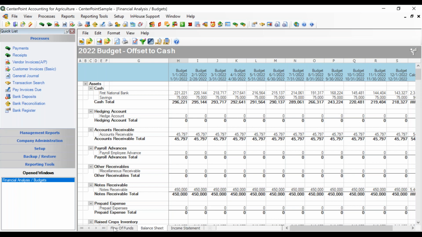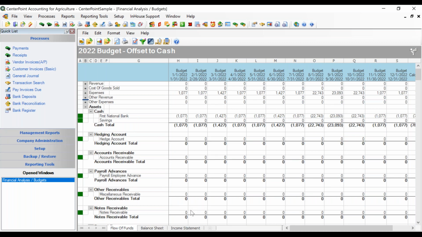So to do that, I'm going to go back to the Flow of Funds tab, and I'm going to come down here to Notes Receivable, and we're going to go over here to June. Now, it's as simple as going ahead and entering the value into the cell, just like we did with income statement accounts. However, if you're entering in a decrease, which we weren't typically doing on the income statement and expense accounts, you can simply enter it in as a negative number. So I would be decreasing this notes receivable rather than increasing it. So I'm going to put in a minus